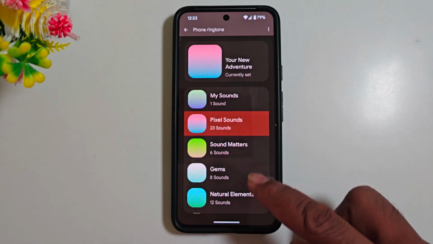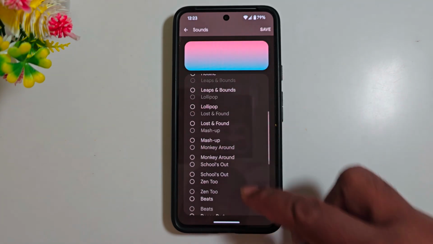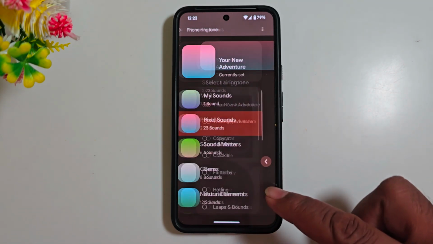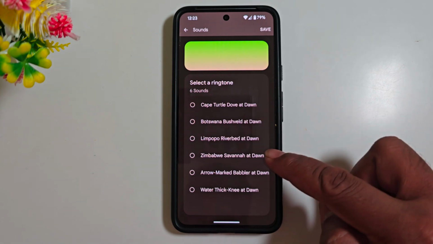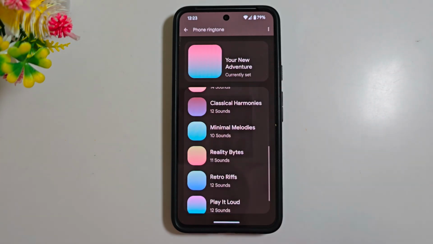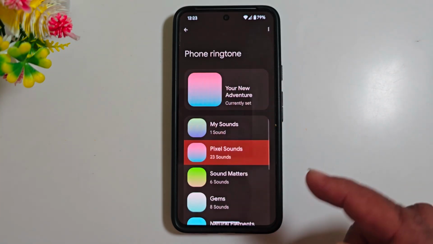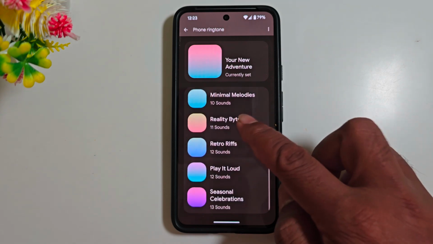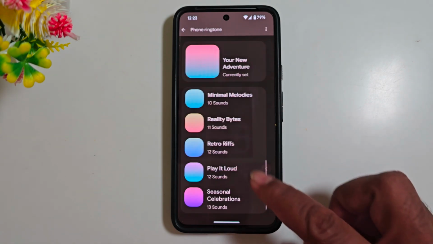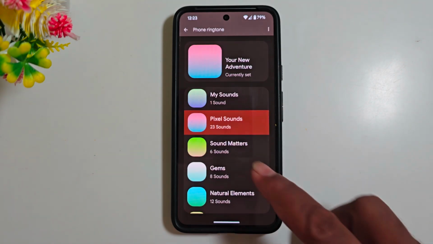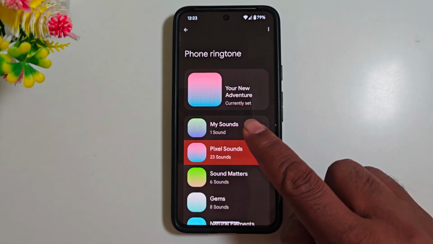By default, you can see the different available sounds: My Sounds, Pixel Sounds. You can see the list of different ringtones. Here you can see different categories. If you want to set a default one, just select any category and choose the ringtone. Or if you want to set a downloaded song or your favorite song from your phone, tap the My Sounds